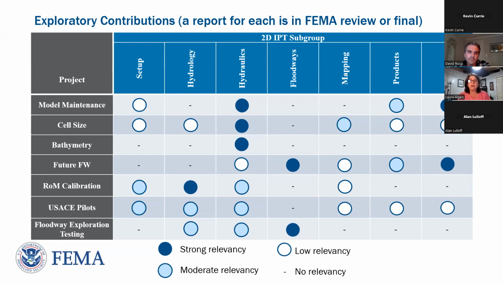So one is model maintenance, how to maintain models. One is related to cell size, understanding what the best cell size balance is to ensure that the model can run effectively, but also give a good answer as an end result. Bathymetry, understanding the importance of bathymetry in the model and how critical it is. Future